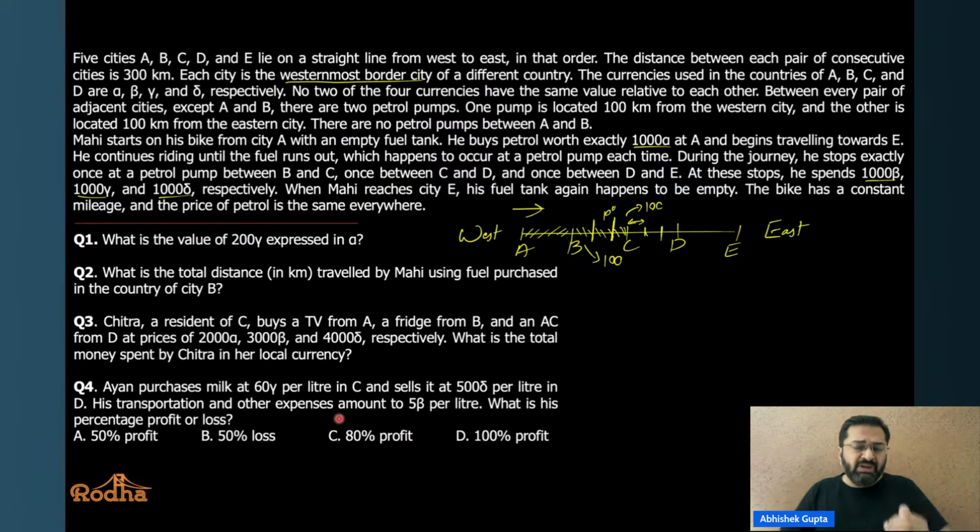So what it means is when we look at these questions, and then this is also about currency comparison. Somebody buys a fridge from here, this from here. So if we don't get the connection between the currencies, find the relative values of the currencies, we'll not be able to do this. So what we'll need to figure out on the basis of this data would be the connections between the currencies, and then the questions would be simple. Have you understood this part? ये समझ में आ गया आपको?